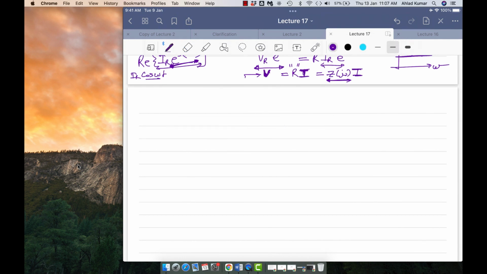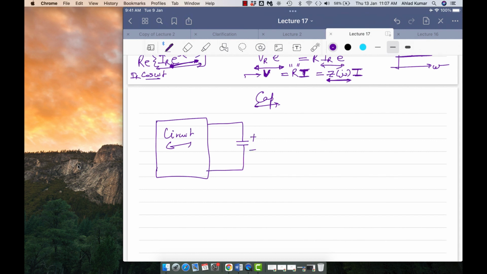Okay. So now let's discuss capacitors. This is the circuit, which I am not drawing because it's very complex, so I am drawing it in the form of a box. Now we have this capacitor here, with plus minus v_C(t). This is the voltage across the capacitor, and this is the current flowing in the capacitor. What we want is to represent this in terms of the phasor format diagram, which will be like this.